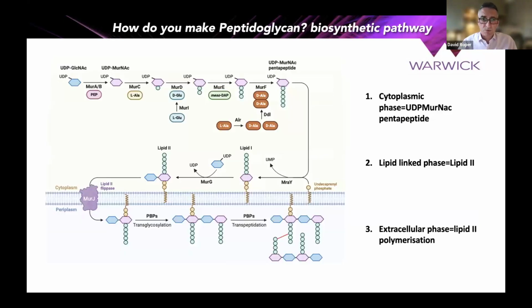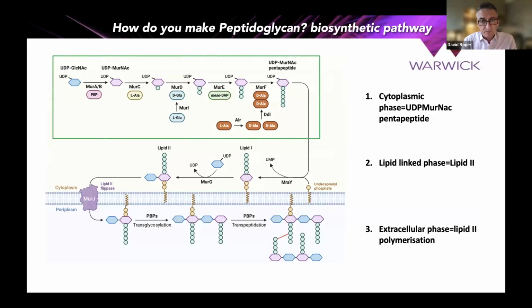So how do you make a cell wall, or how do you make peptidoglycan? Well, there's a cytoplasmic phase of biosynthesis in which UDP-linked sugars are converted from GlcNAc to MurNAc. The pentapeptide chain is added to make the UDP-MurNAc pentapeptide soluble precursor, sometimes known as the Park nucleotide. That is then linked to an undecaprenol phosphate carrier lipid at the inner surface of the cell membrane by MraY to form lipid 1. You then have the addition of a second sugar, the UDP-GlcNAc, by MurG to form the all-important molecule lipid 2, which is flipped across the membrane and then is accessible by the PBP enzymes